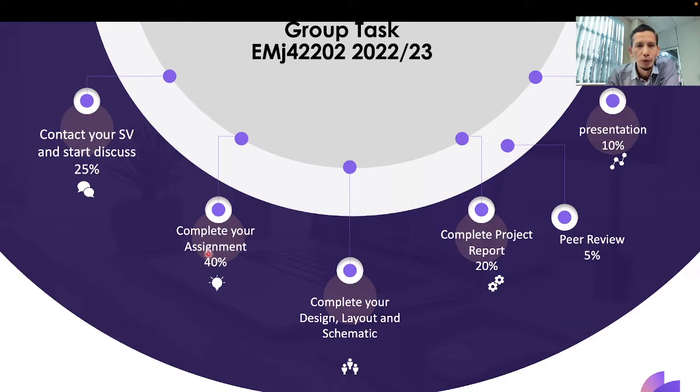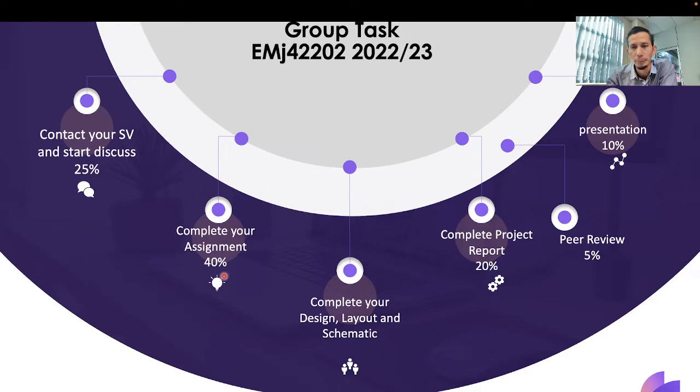And then you need to submit your assignment, which is 40%, including what I have said before, for 3 assignments plus 1 minute meeting. So that's why it becomes 40%. And then complete your design, layout and schematic. If you still have problems from the previous semester, just complete it and then combine with this semester's assignment